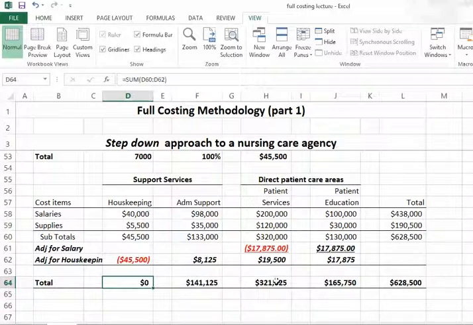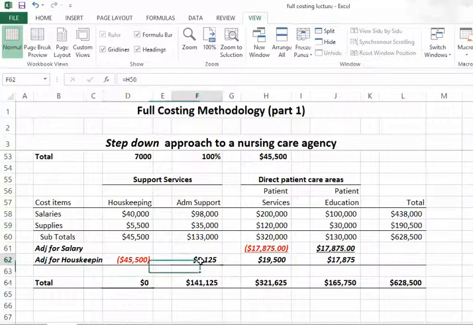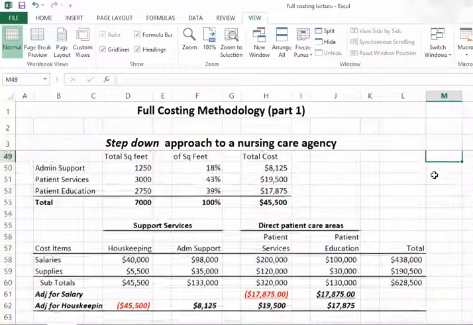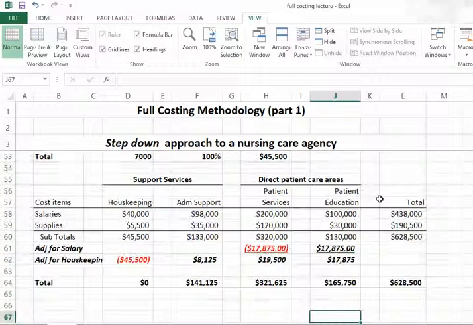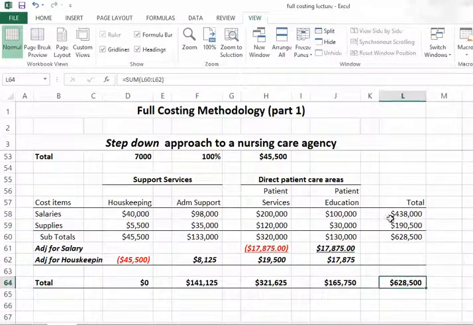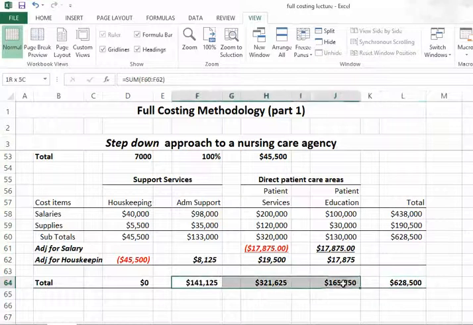So now what we end up with is one support service and two direct patient care services. We are allocating this housekeeping based upon the formula that we have in the prior calculation: $8,125 to administrative support, $19,500 to patient care services, and $17,875 to patient education. So in the end, what we see is that we still have the same total of $628,500, but we have allocated this